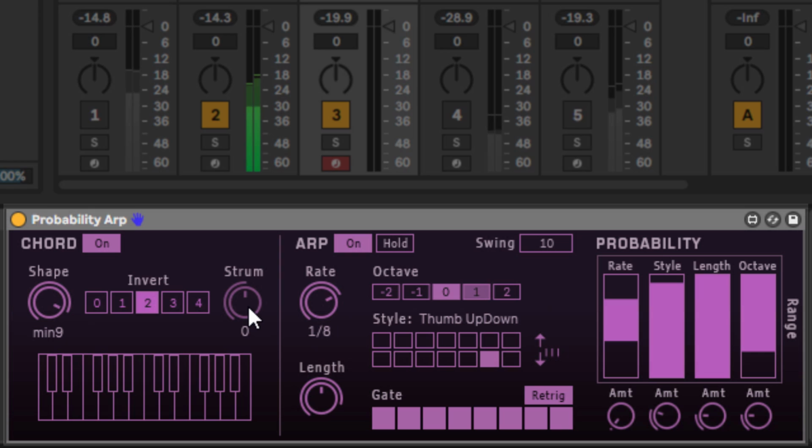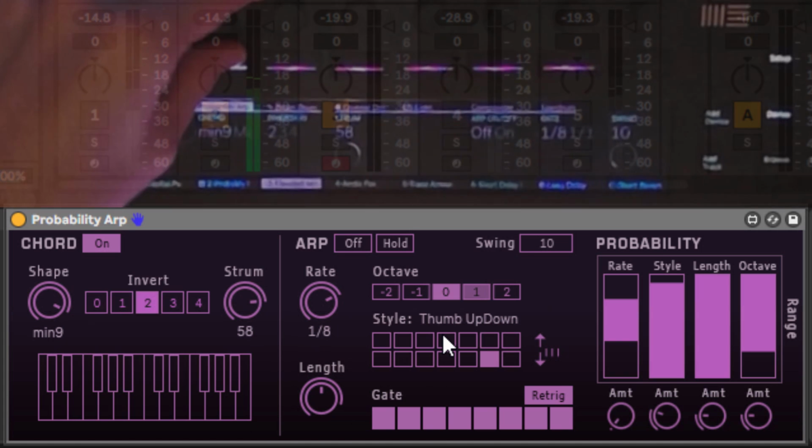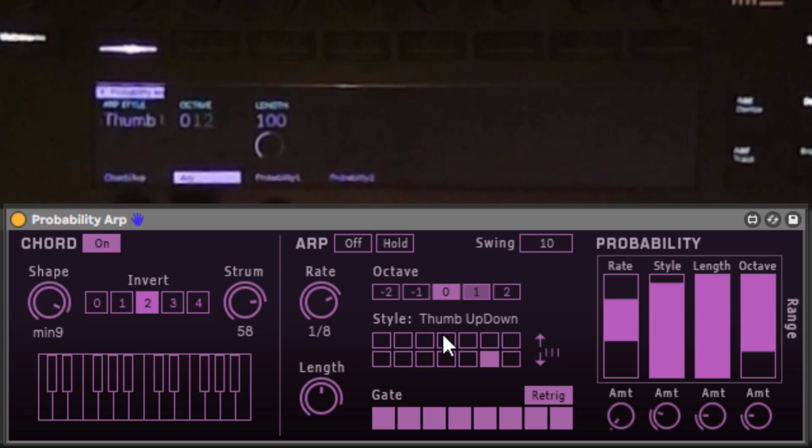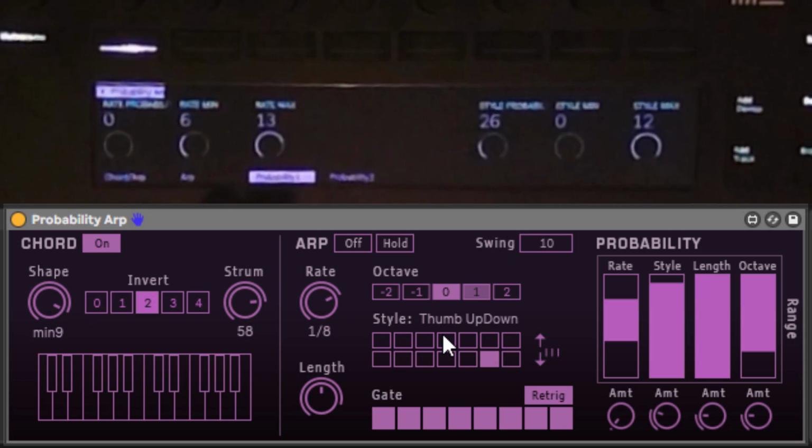And then also you have strum, so you can see that it kind of plays more like a guitar. And this is one of the only ones that doesn't have any integration on the grid for the Push, but all the parameters are within the Push for you to adjust. And now we can move on to the